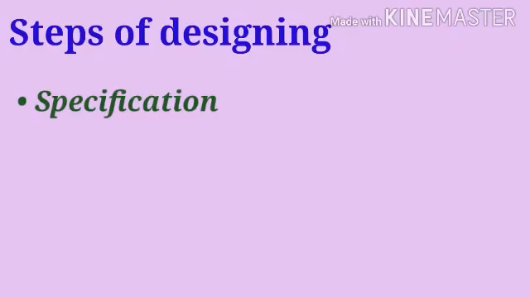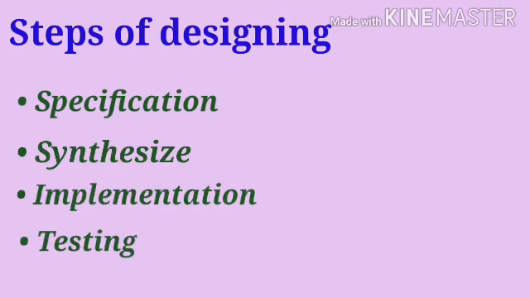Good day, learners. Today's topic of discussion is Hardware Description Language, that is HDL. The basic steps involved in designing a digital system are specification, that is to specify the desired behavior of the circuit, then synthesize the circuit, implement the circuit, and finally test the circuit to check whether the designed circuit